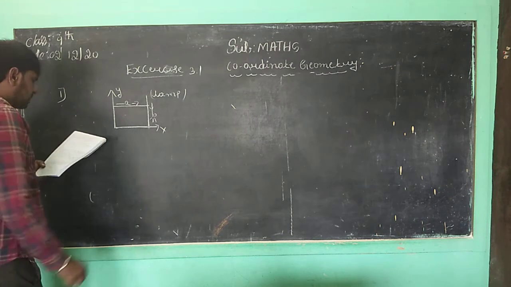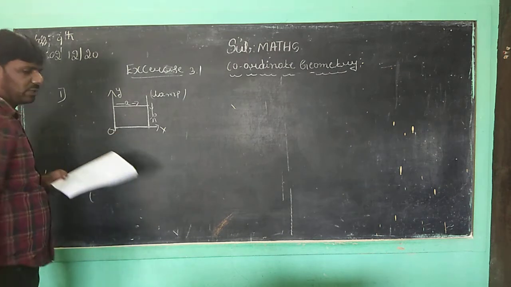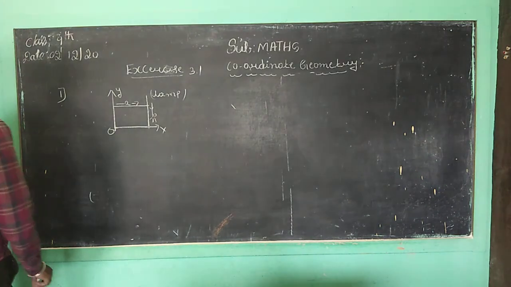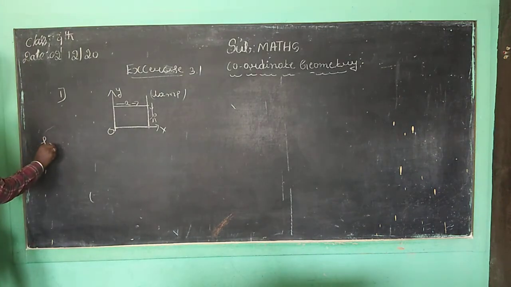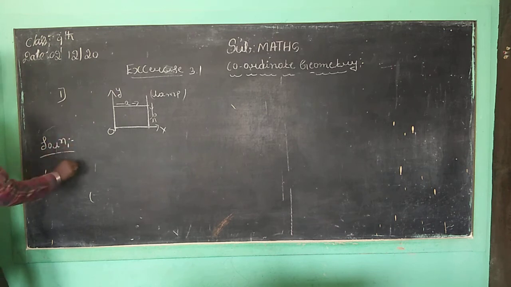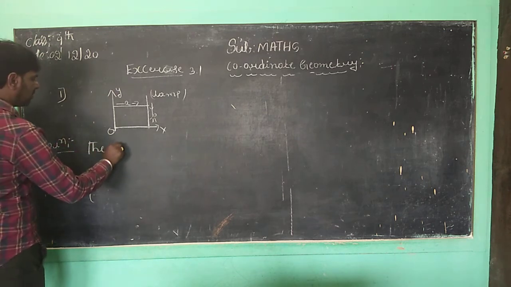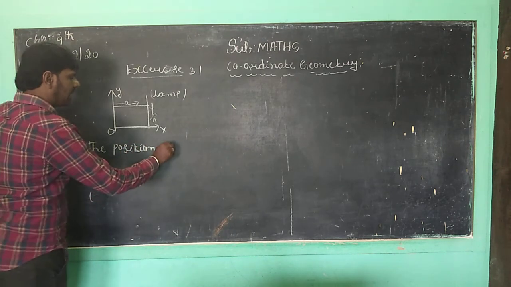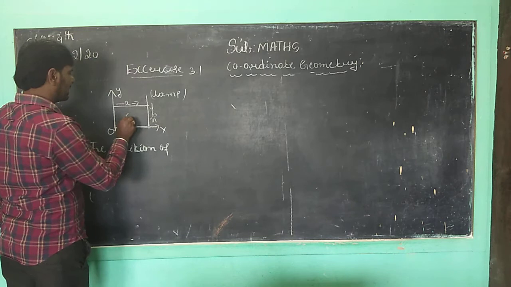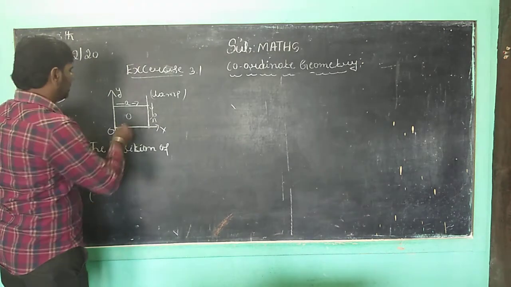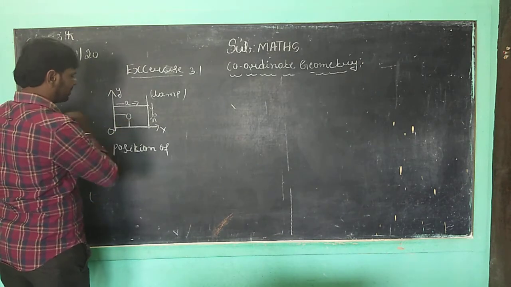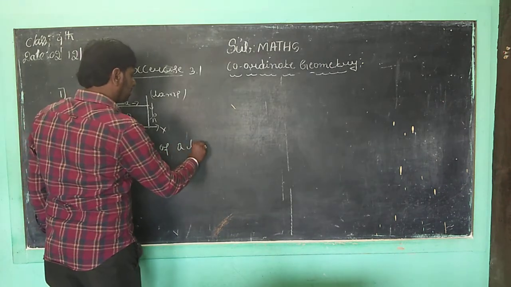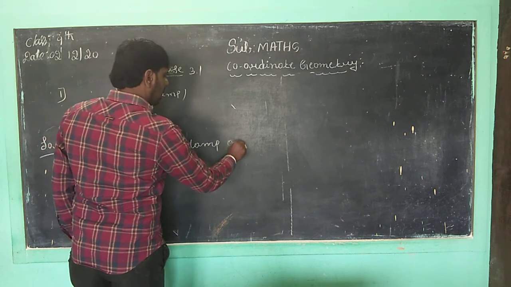Children, this is also horizontal. It's very important. Now this is a rectangle shape. Suppose you want to place the position of a lamp. This is the table, children. Suppose you keep the lamp here. How can you find out the position of the lamp on the table?